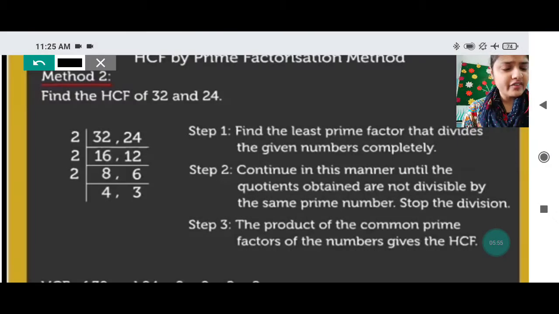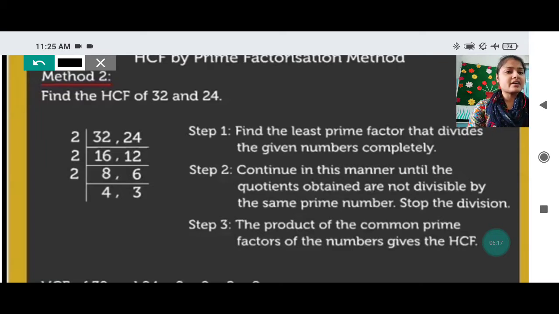This is also one of the ways we can do it. The second method, okay, you can do it that way also. That is also the prime factorization method only. In this, what we are doing, we separately divided 32 and 24. Here we have written 32 and 24 together and then we are dividing with the common factors, means with the common number.